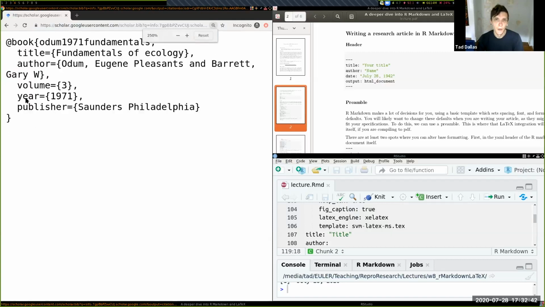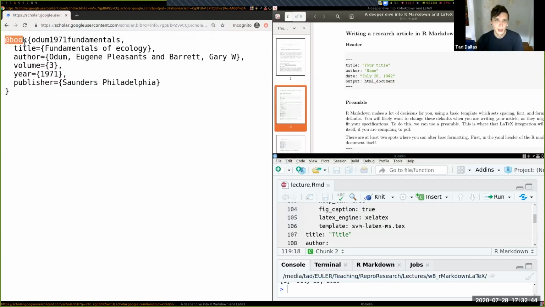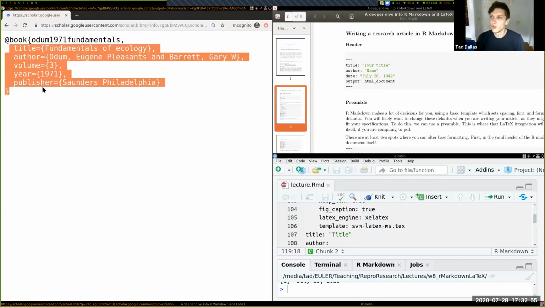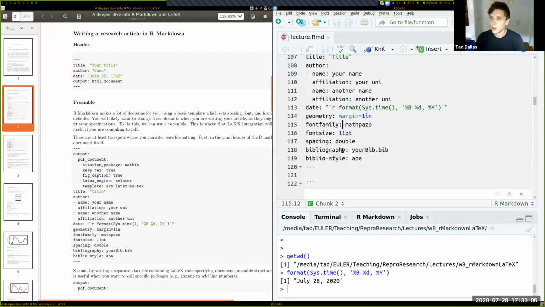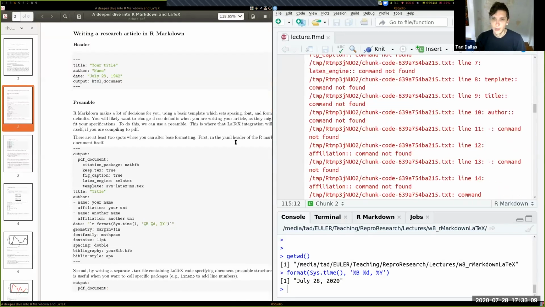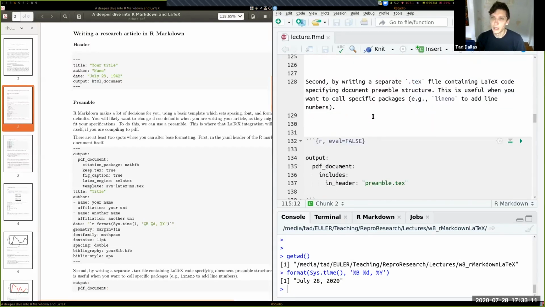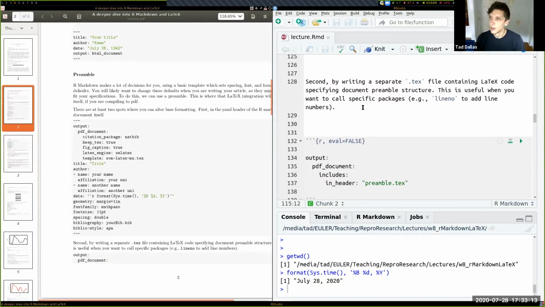I'll zoom in again, and you see they all have this format where it's an at sign and the type of thing, article, etc. Some sort of key, which I'll talk about in a little bit. And it's just a sort of unique identifier. And then a bunch of information about the book or article or work, and then a closing bracket. So I'll close that. I think I accidentally tried to run something there, and it was not happy about it.